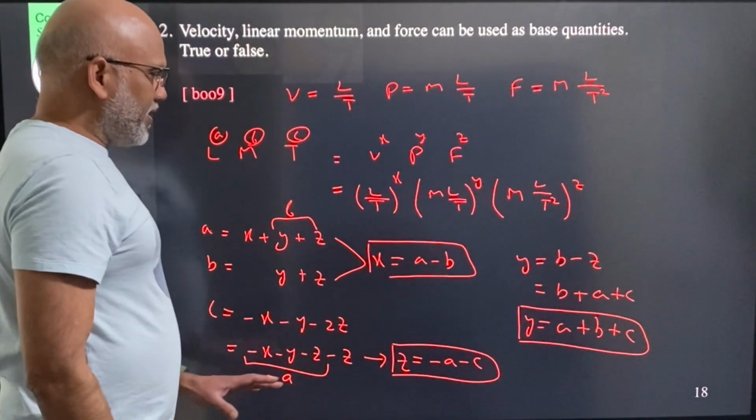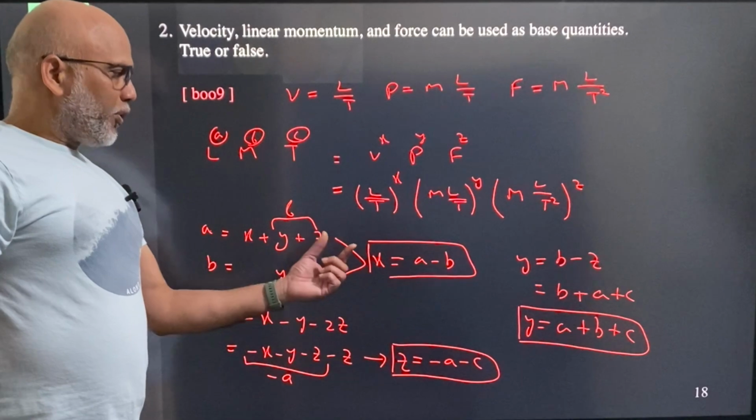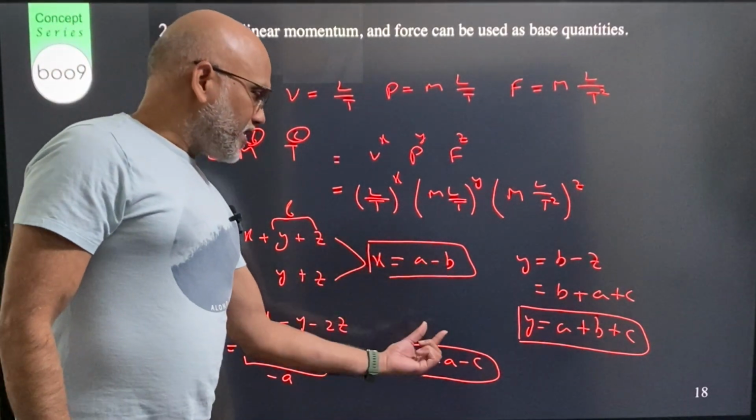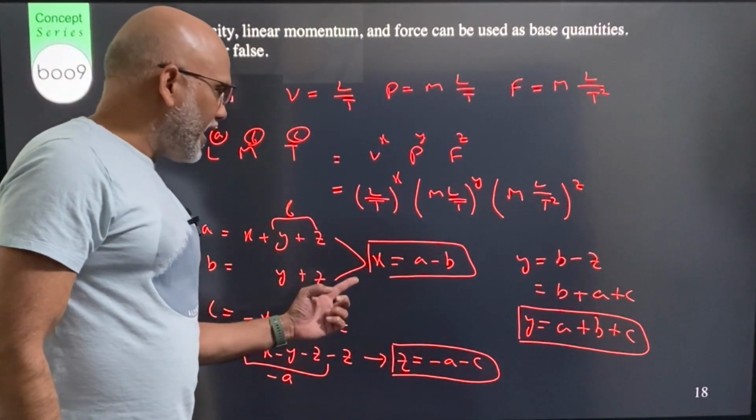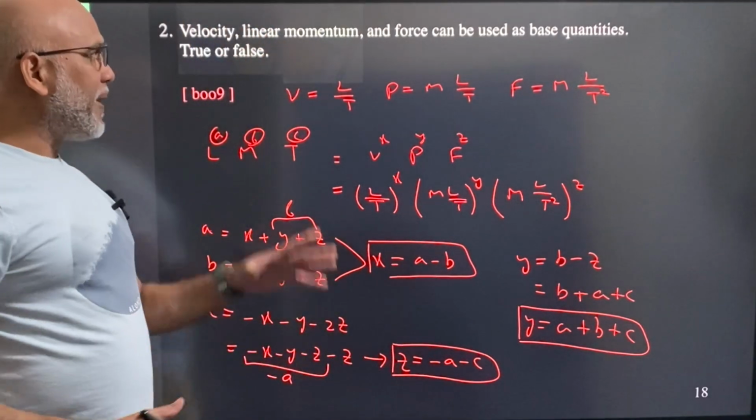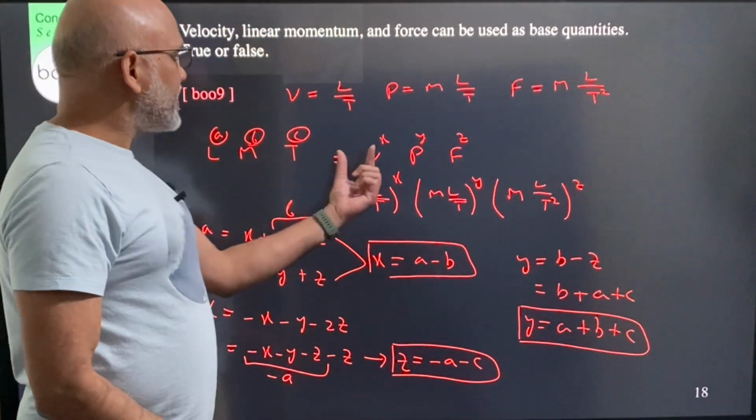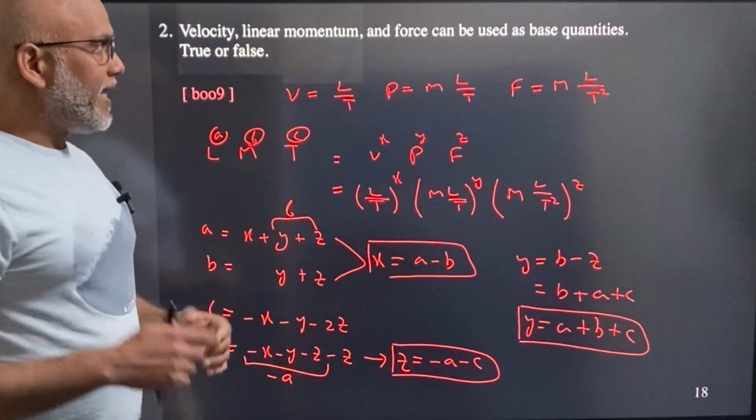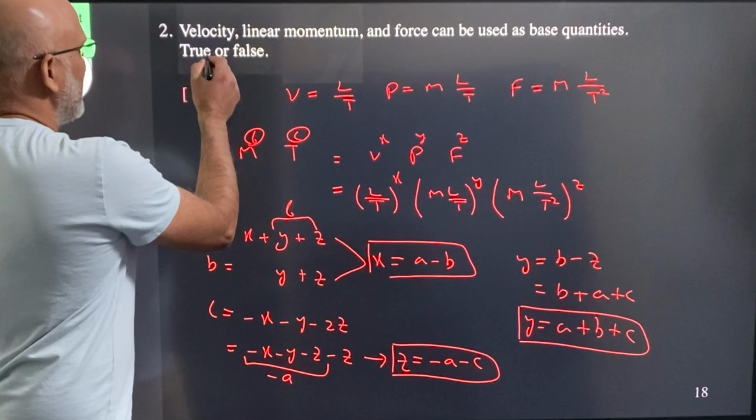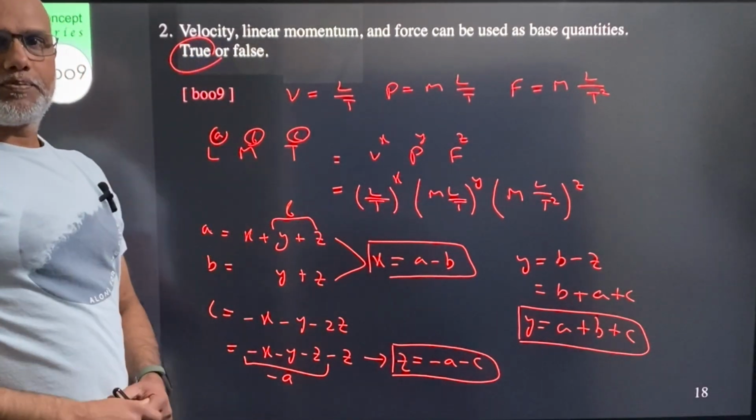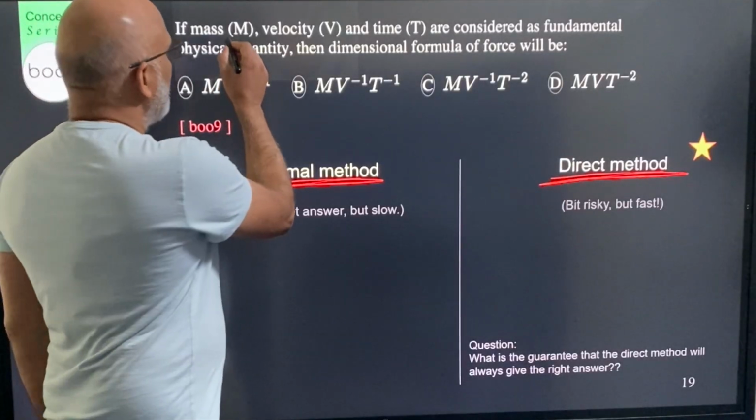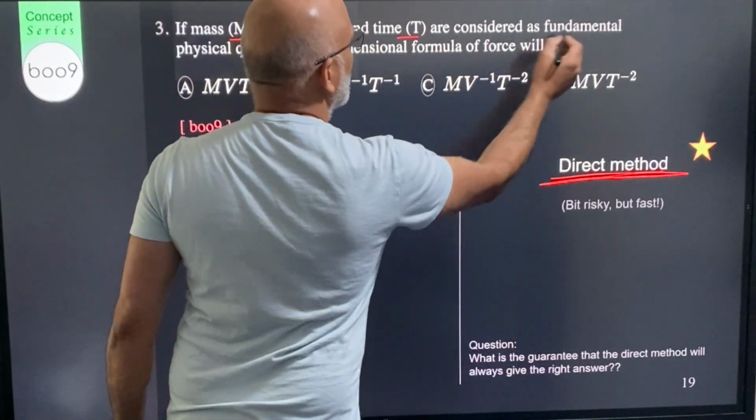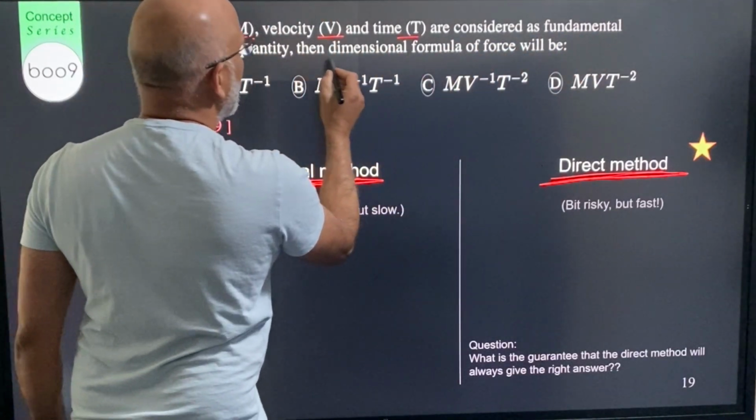All right, here as you can see, if you give me any a, b, c, I can find a unique x, y and z. That means the derived set, velocity, momentum and force, it is independent and complete. So yes, it can be used as the base quantities. So this is true. Next example, if mass, velocity and time are considered as fundamental physical quantity, then dimensional formula of force will be,